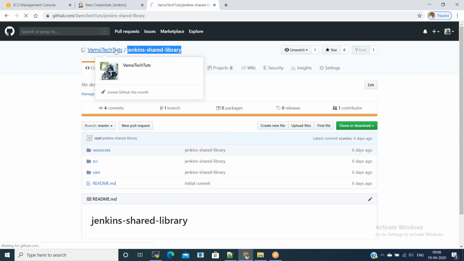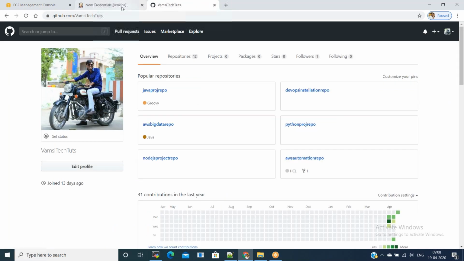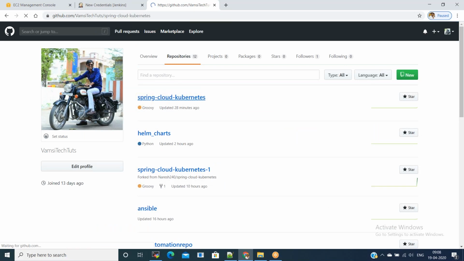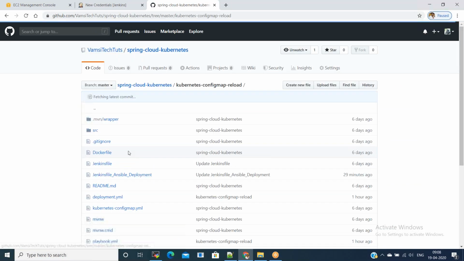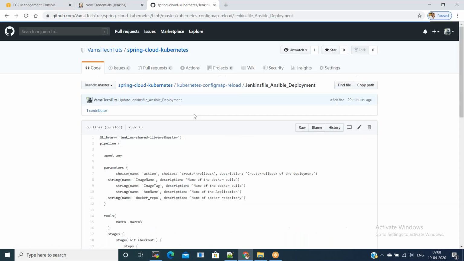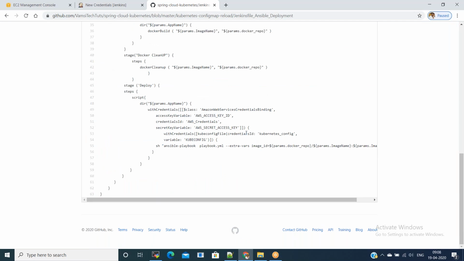We will go to the Jenkins shared library, and we'll go to the pipeline and see what is the name we have configured in the CI/CD pipeline. Go to the Spring Code Kubernetes Jenkinsfile.